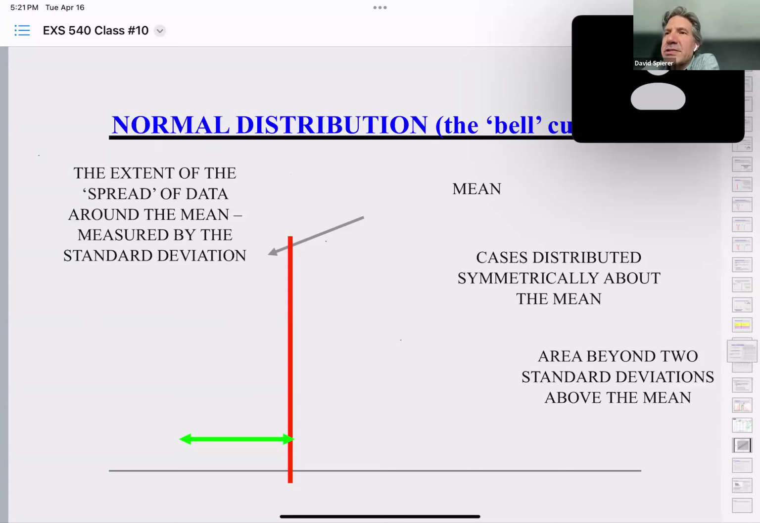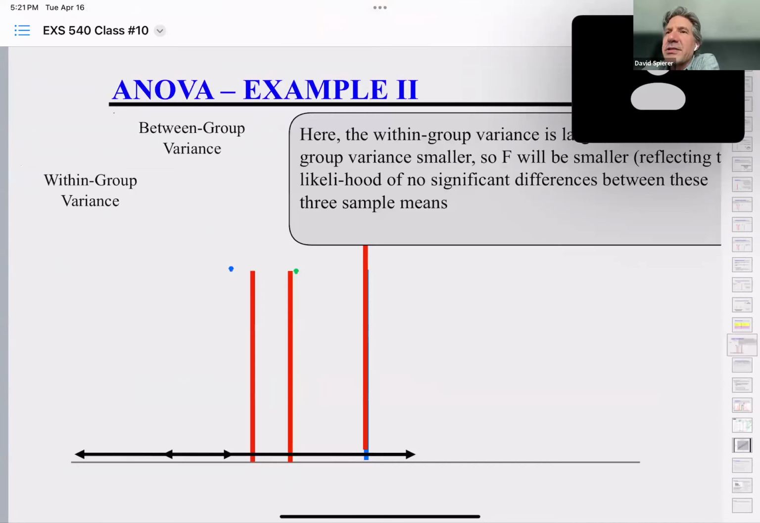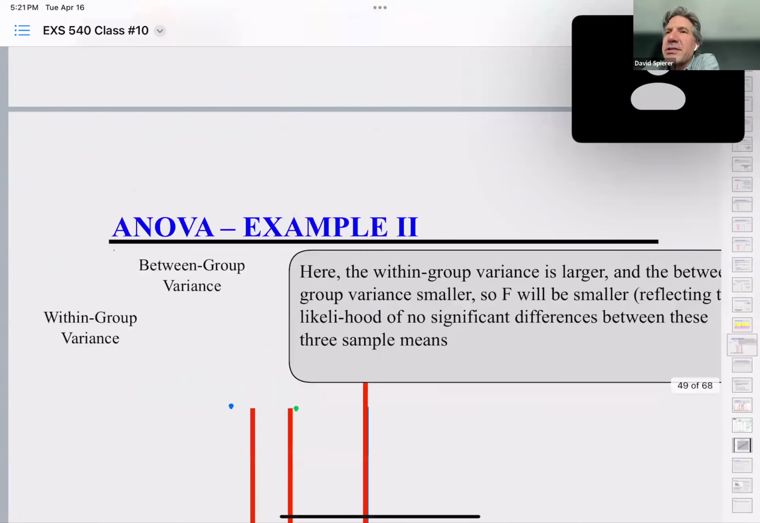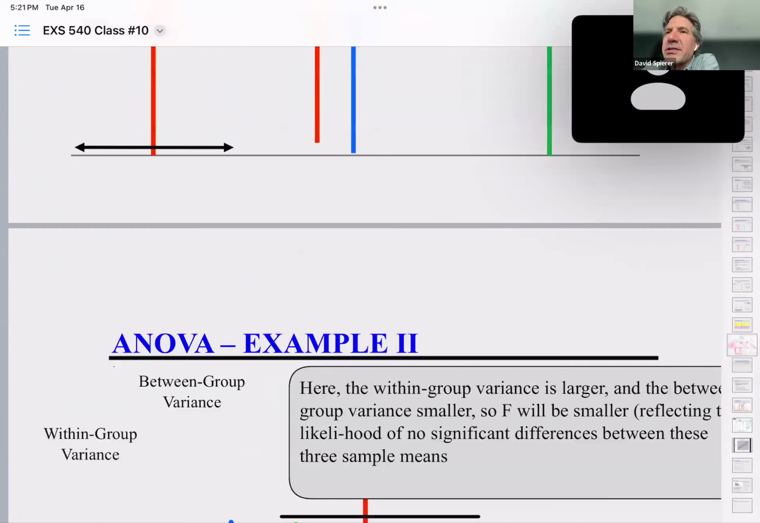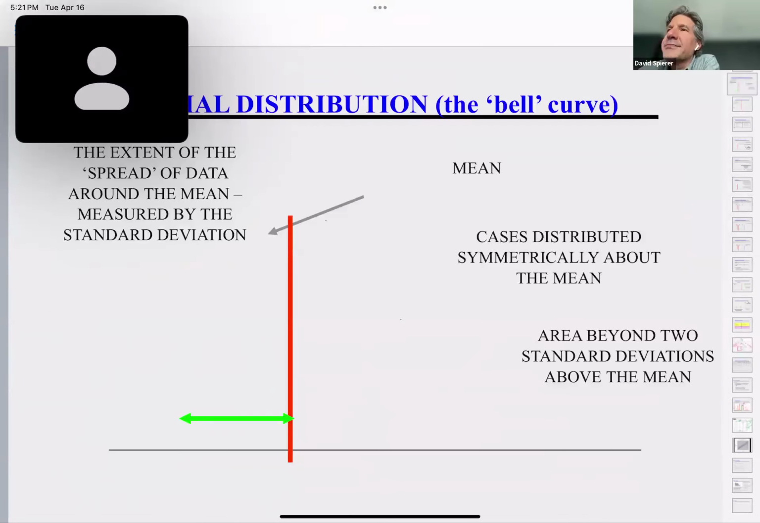For some reason, the bell curve is not here, but let's see if it doesn't pull up. I think we're having a little technical difficulty here. But okay, so going back,